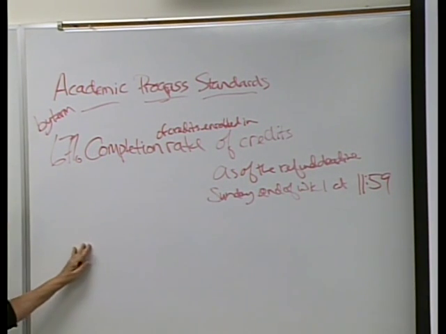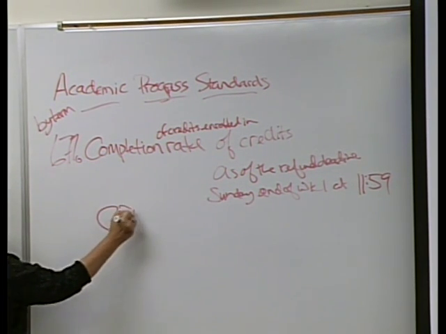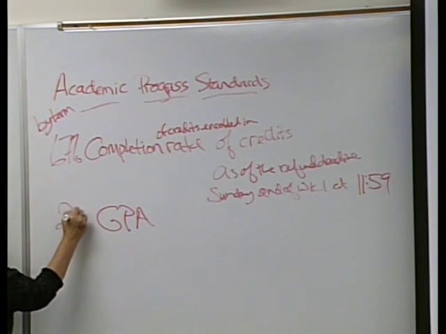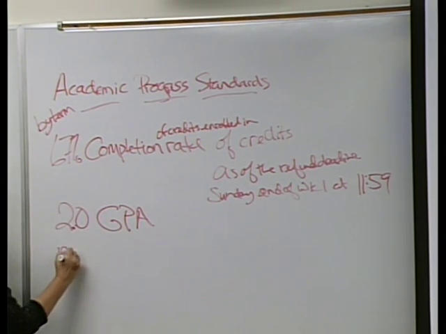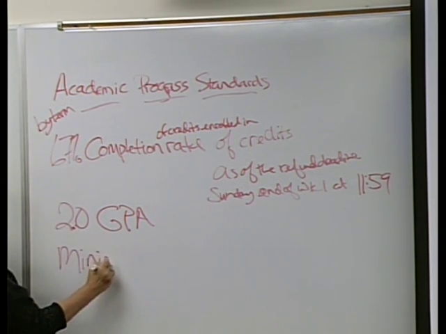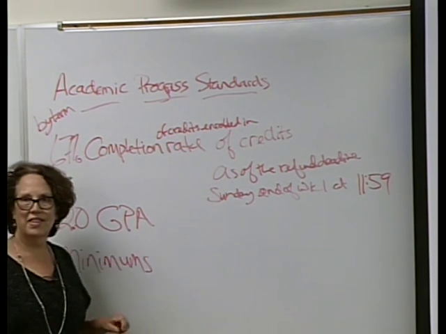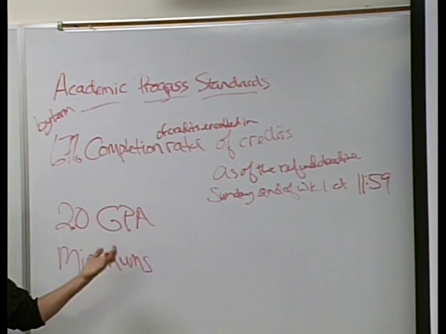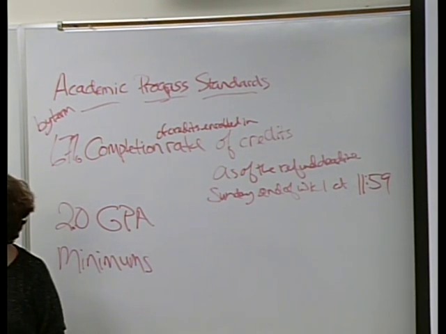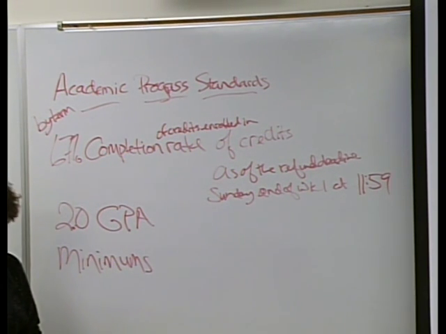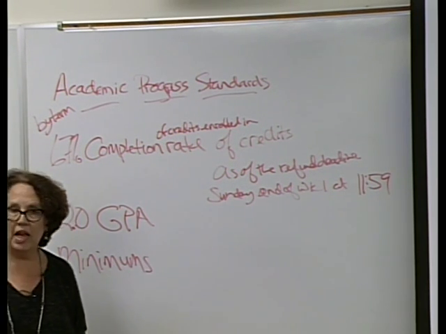And what's the other part? GPA. And what's the GPA? 2.0. And these are minimums. These are minimums. You want to be going for 100% completion rate for most terms. And you want to be going for over a 2.0 GPA as well. Because if you got a 2.0 GPA overall,